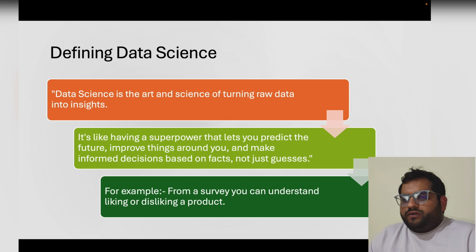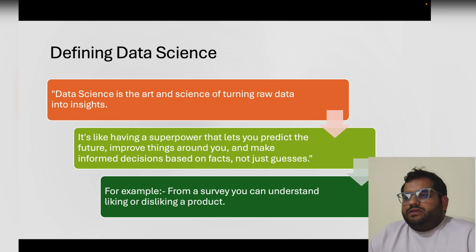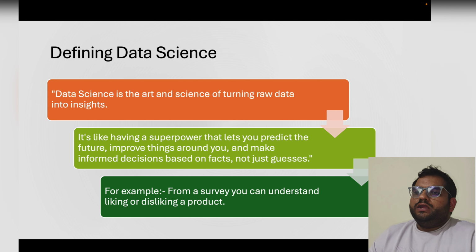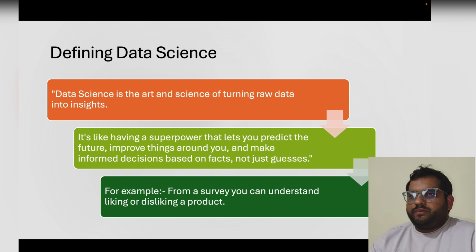So it can fall into different parts. Credit card companies are finding out who can pay the credit bills or not. That's a basic application of it. We are trying to predict a lot based on the data. For example, with a survey, you can understand in your area what the liking or disliking of a product is. It may be a food item, or depending on where you're living, what the buying power is. You can understand what products people like and what products they don't like. And the same thing goes for a lot of the digital marketing happening around us.